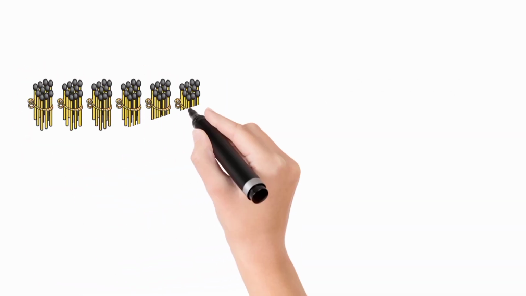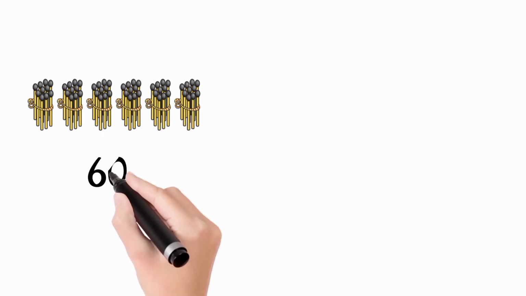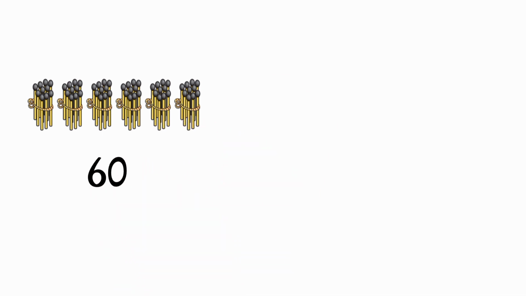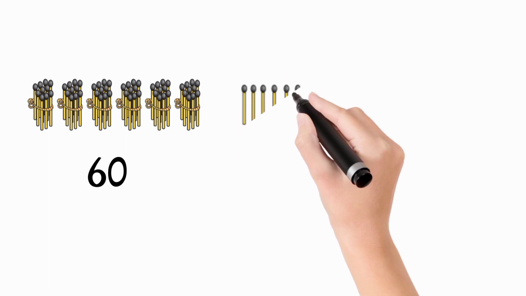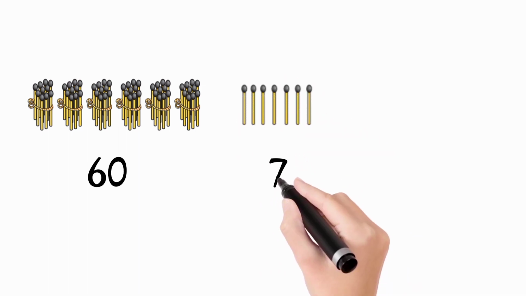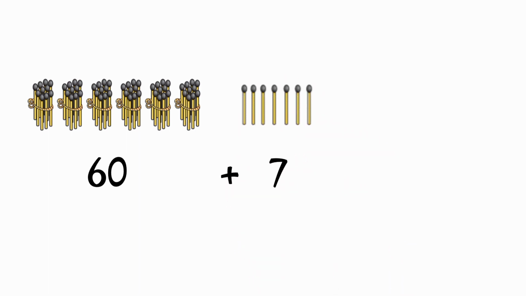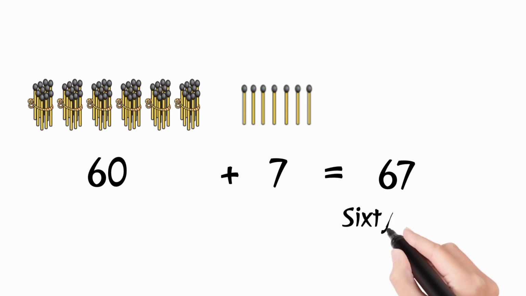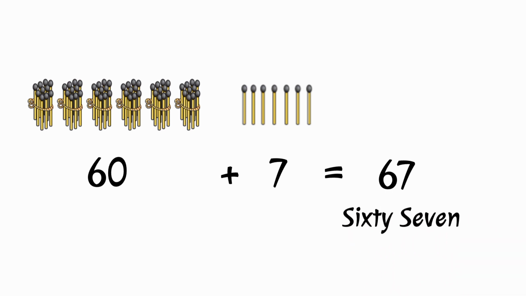Here we have 6 bundles which means 60 and 7 loose matchsticks. So 60 plus 7 is equal to 67. 6 tens and 7 ones, 67. इसे 67 कहते हैं।